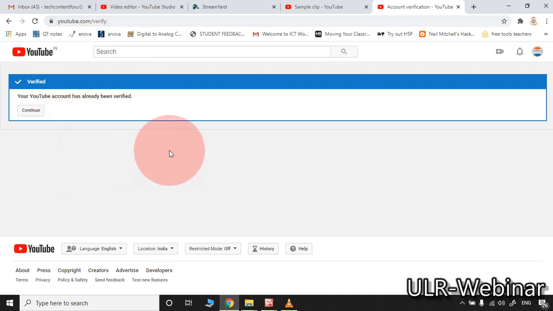Then it will ask your mobile number. Enter your mobile number. They will send an OTP. Enter that particular OTP into that box and click it. Then your account will be verified.